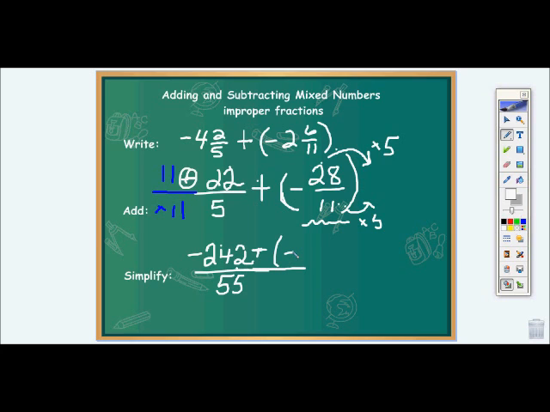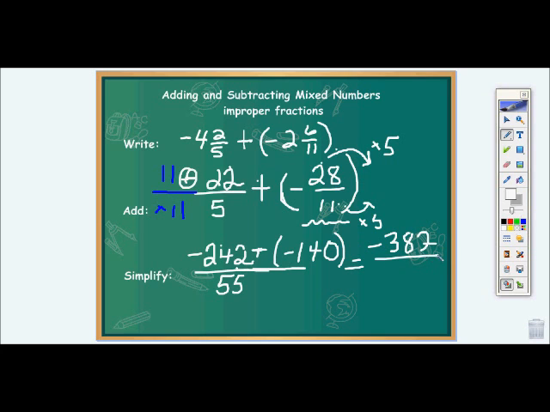A little bit of problems here with the stylus. Negative 140. So now a negative 242 plus a negative 140 is going to end up giving me a negative